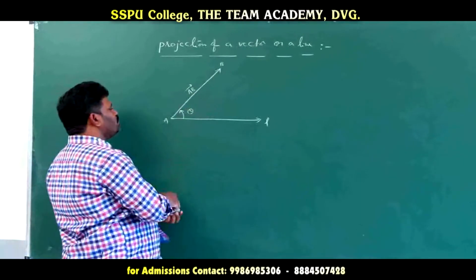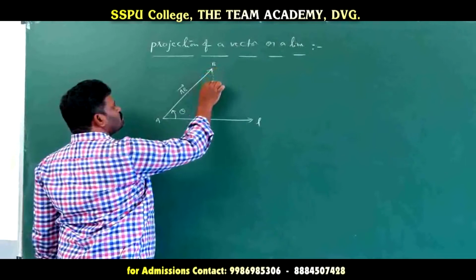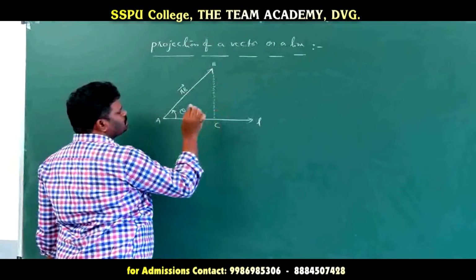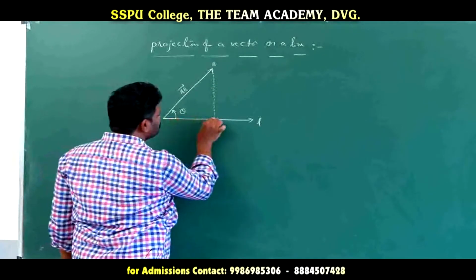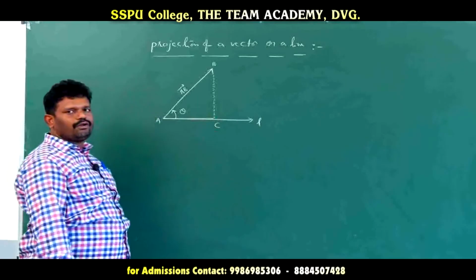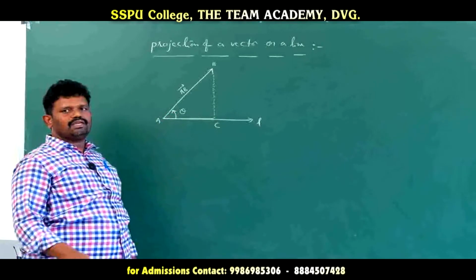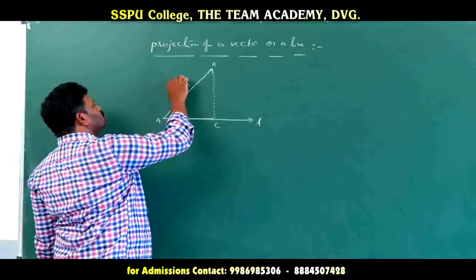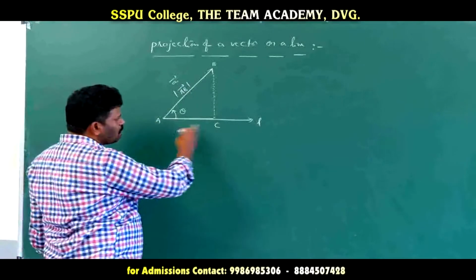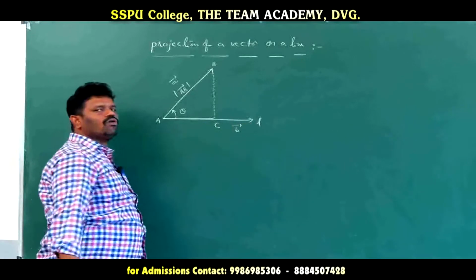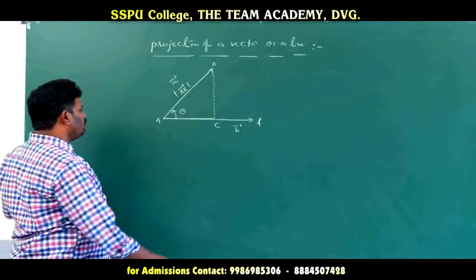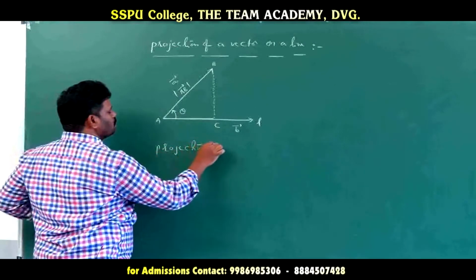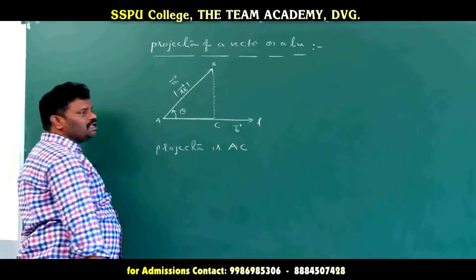Now suppose we take the projection of this AB vector, and call the foot point C. Then AC is the projection. The angle between AB and AC is theta. If we consider the vector and apply magnitude, it becomes a length. Now if this vector is a vector, and on the directed line we consider another vector b. The projection of the AB vector is AC.